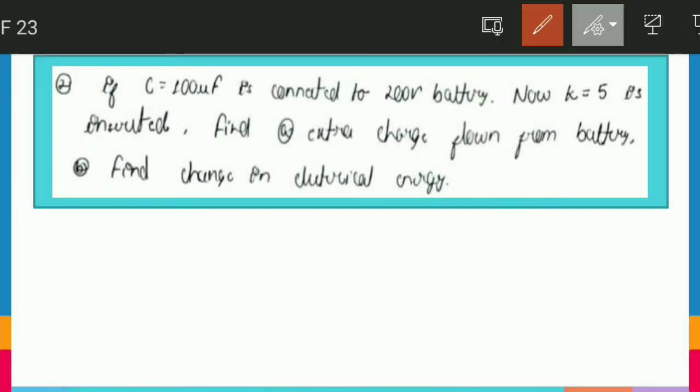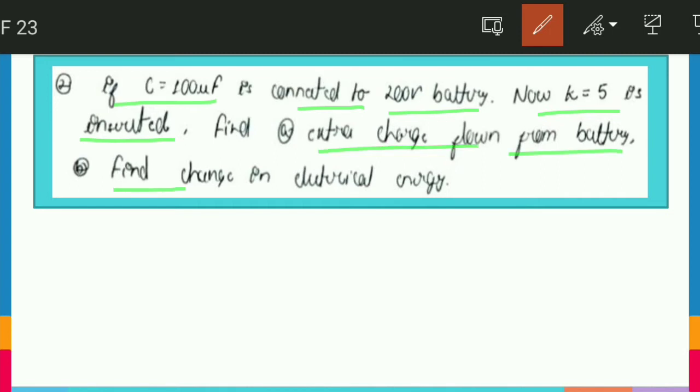Yes friends, let's see this question. It says if C equals 100 microfarad, meaning the capacitance is connected to a 200 volt battery, and now K equals 5 is inserted in it. Then we have to find the extra charge that flowed from the battery, and second, the change in electrical energy. So friends, one thing we can write: Q1 would be equal to